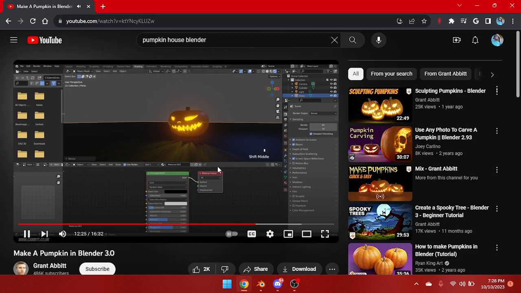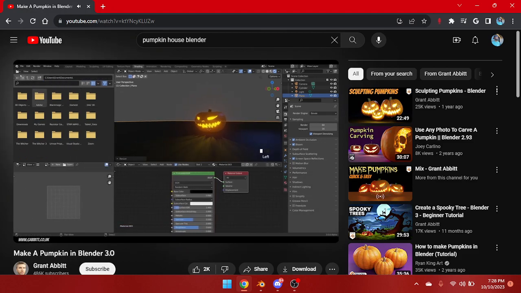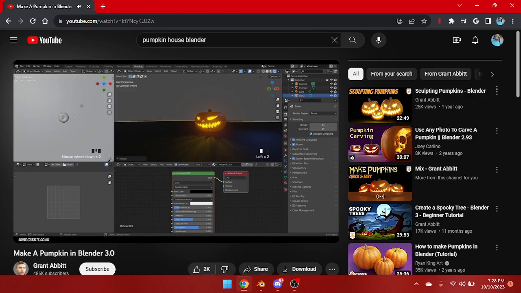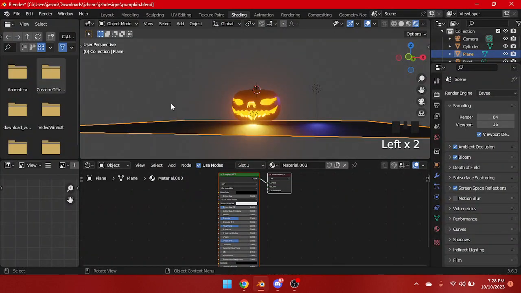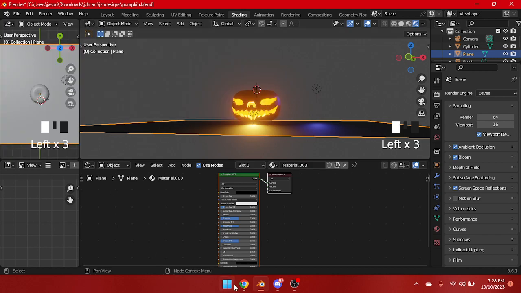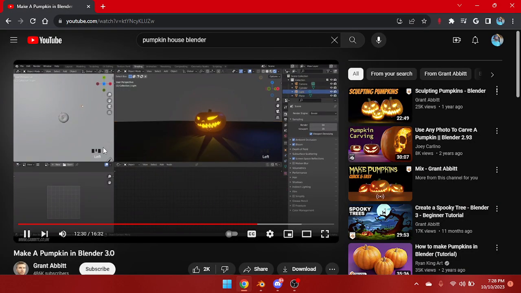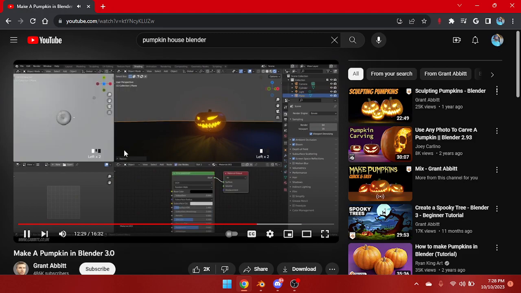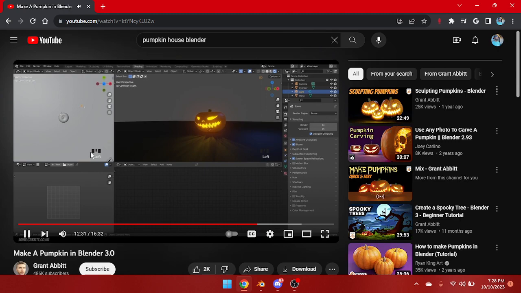So what I'm going to do is bring out this window here, change this to my 3D viewport so I can set up some lights. I always think 3-point lighting